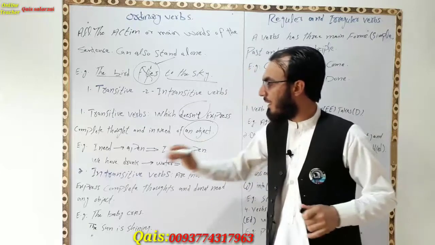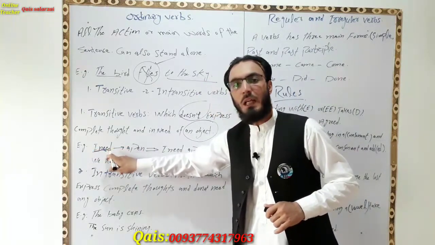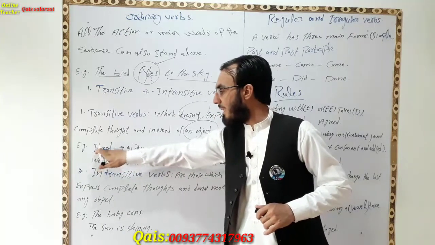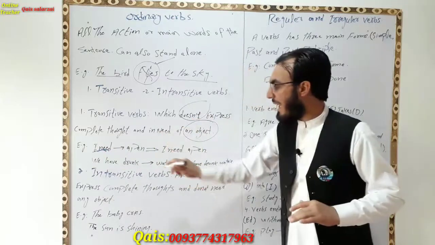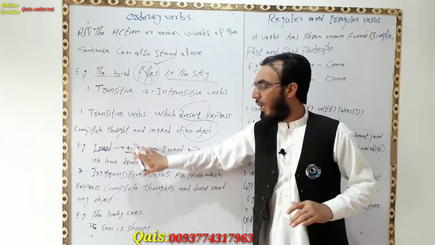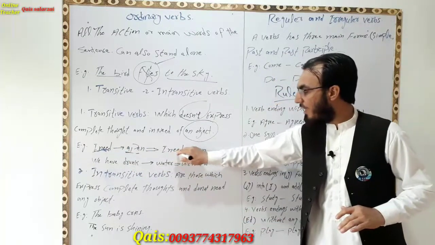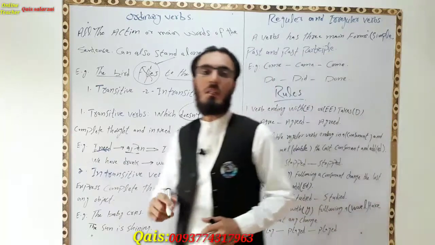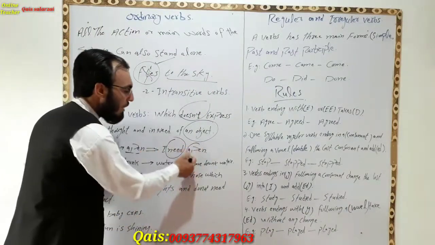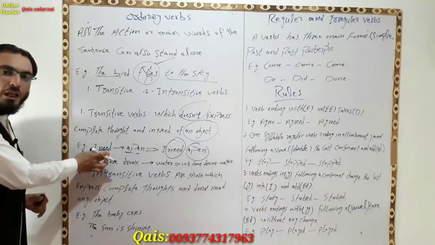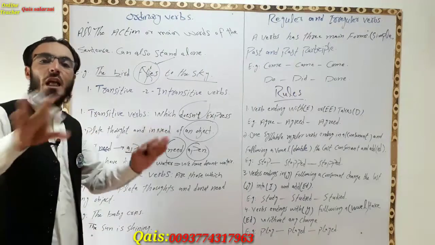Here you can see an example. We have written: I need. I is the subject, need is the verb, but it is incomplete. What do we need? We place here a pen. Now let's join all these words in one sentence. I say: I need a pen. Here you can see, I need a pen. Need is the main word of this sentence, and a pen is the object. If you look here, I need, there is no object, so the sentence is incorrect. It is not producing a complete meaning.